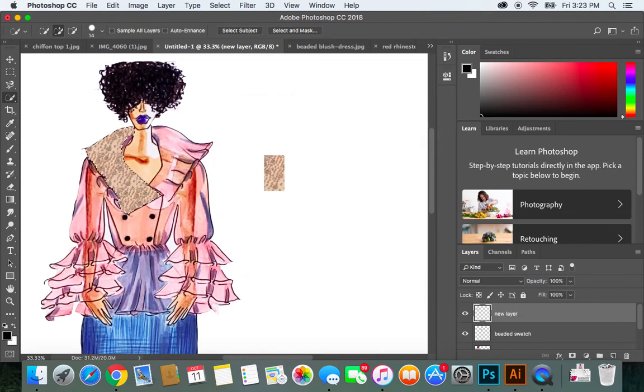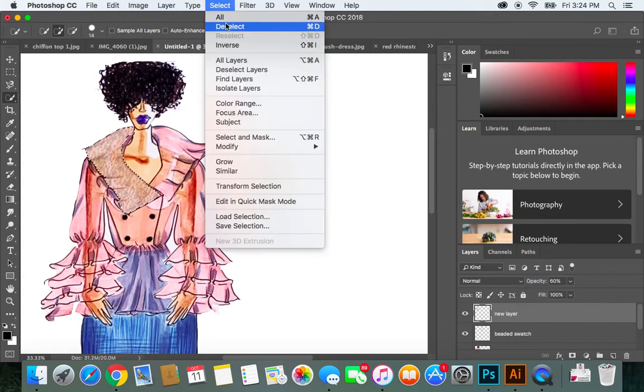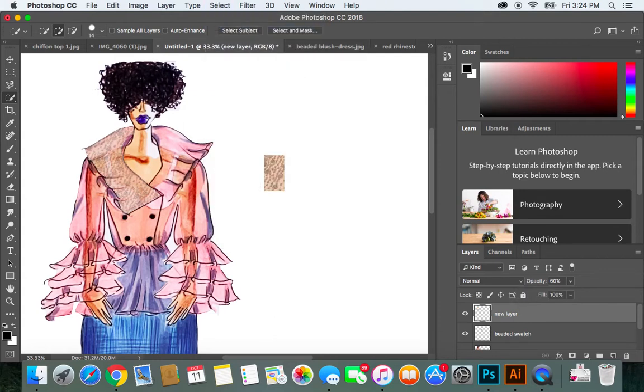And now it's filled, but I believe I need to make it a little bit less opaque. So you'll notice that now the color is a little softer and I can see through the garment. So I'm going to take it back down to maybe 60%, and then I'll hit deselect. So if you look closely now, you can see a little bit of that beading here in the collar,